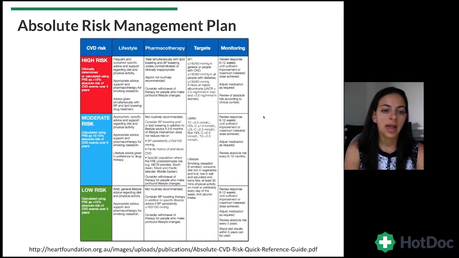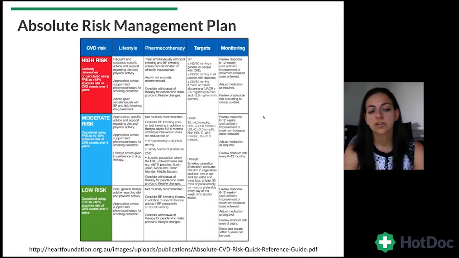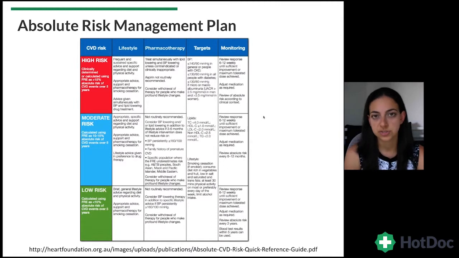When we go down into the moderate risk, it just loosens up a bit to appropriate and specific advice, but it's not as frequent, sustained or intense as with our high risk patients. With the lower risk patients, it just becomes brief general lifestyle advice. If we move over to pharmacotherapy, we'll see that the high risk will usually be treated simultaneously with lipid